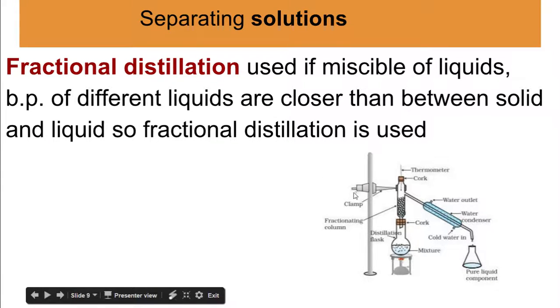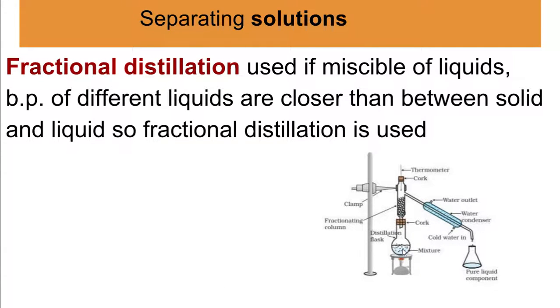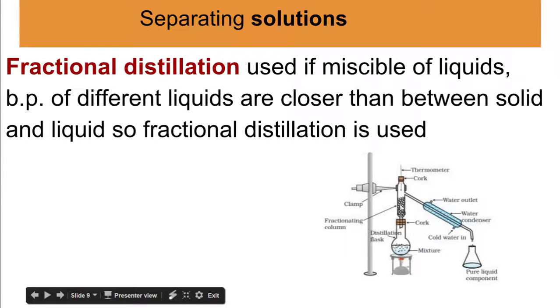This is a stand, clamp, distillation flask, and this is a spirit lamp. Here we put the mixture that we're going to distill. This is the fractionating column with a cork and thermometer to measure the temperature, and this is a condenser. Cold water goes in, warm water goes out,